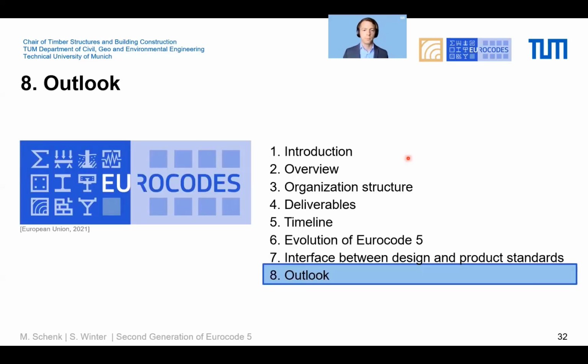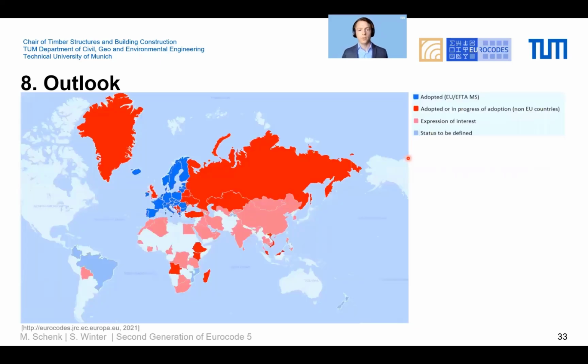Now, after the sprint through European standardization, let us conclude. A successful work on Eurocode 5 also on the future of the European Construction Products Regulation will enable an increased use of timber as building material not only in Europe, but all over the world. Even though a major part of the work towards the second generation of Eurocode 5 is already done, close international collaboration and cooperation is ever more crucial to ensure the success of this long-term journey.